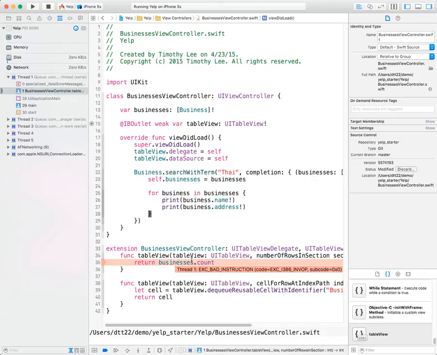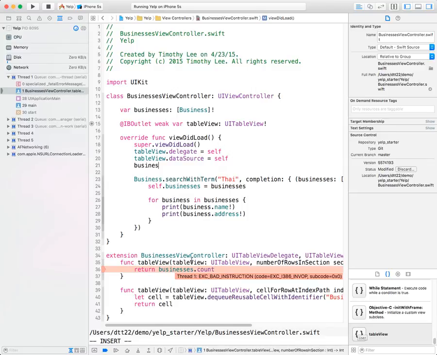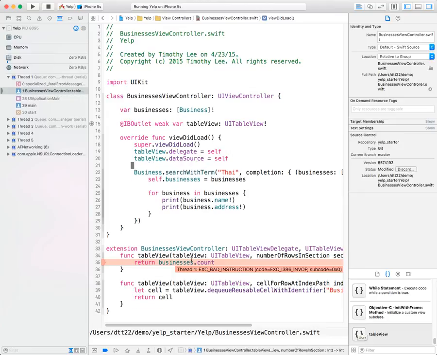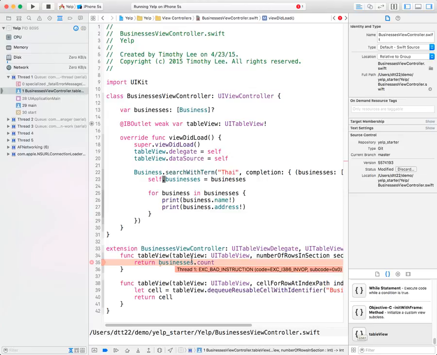So there are two ways for you to do this. One way is to define businesses as empty, and then you add more to it. Another way, like we did last time, which is also nice, just make it optional. So here right now it is still nil. Down here, when self.businesses, now my businesses is a list, an array of businesses. So then down here, if it's nil,